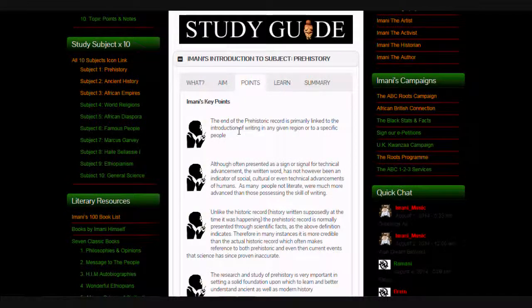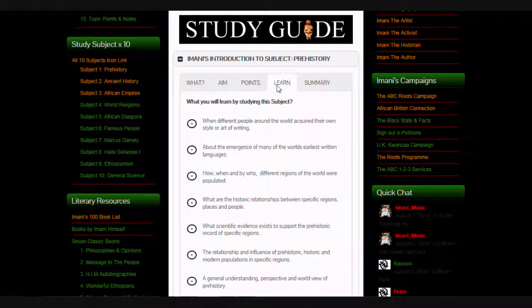I give you some key points, again relevant to my own personal research of the whole subject. Some key points that I think are relevant and significant for people to understand about why this information is important and what is its relevance to African people and our heritage. The types of things you will learn through the subject areas and through the topic areas,